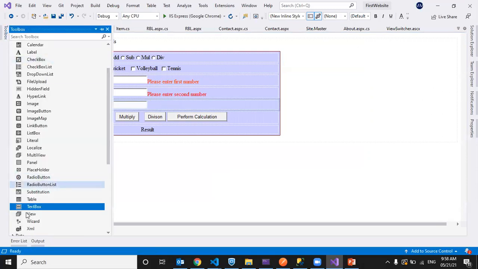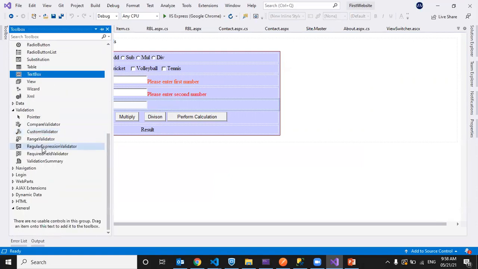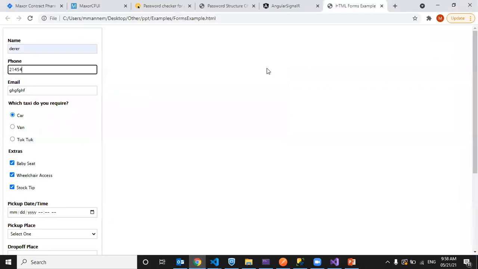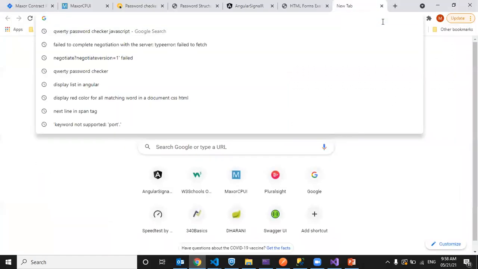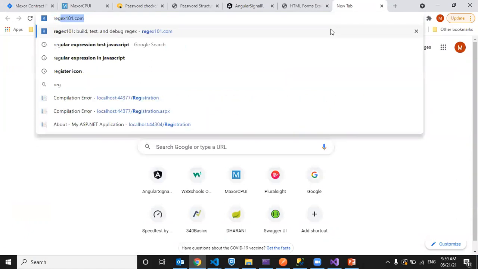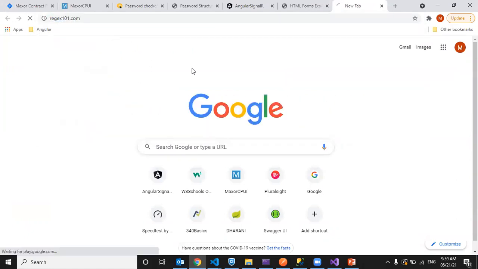So for that, I'll go for regular expressions. Regular expressions, you can just refer about it. It is a way of writing some expressions which will be used to validate the data. Okay, so it will have different ways of writing it. Regex, we call it a regex.